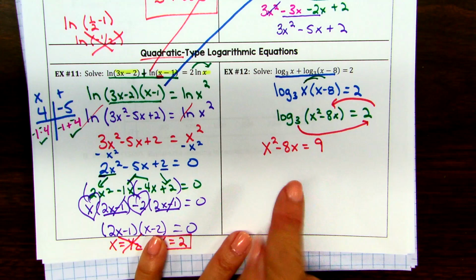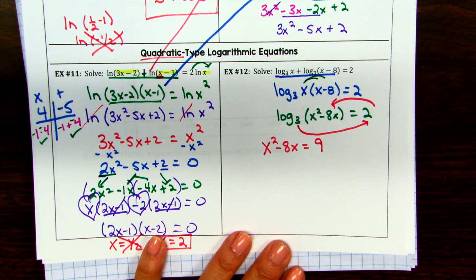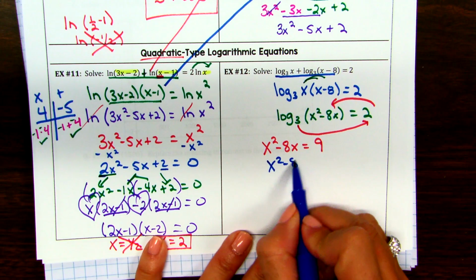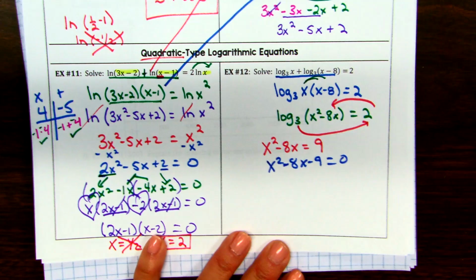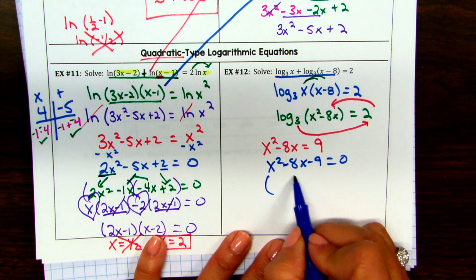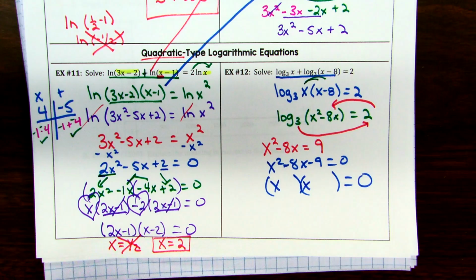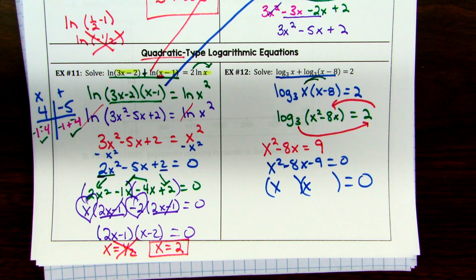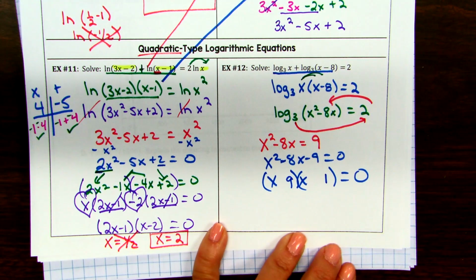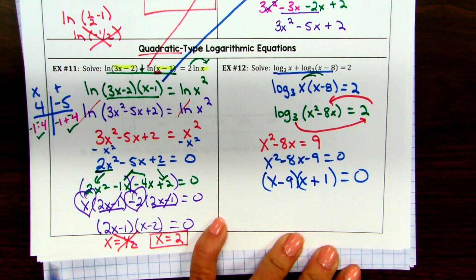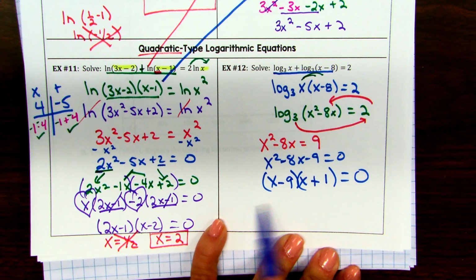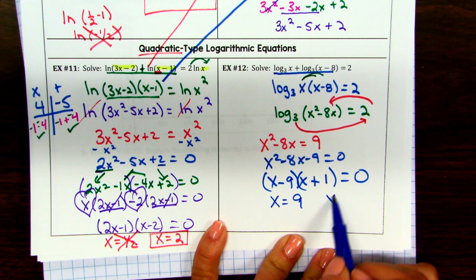Again, when I get to the step, I notice it's a quadratic. I've got to get everybody on one side together. So I'm going to subtract 9 from both sides and factor. This is the quick factoring. We should be getting better and better at factoring because it's been coming up a lot lately. And I promise you, if you're going to take math ever again in your life, you'll have to factor again. The 2 numbers that multiply to get negative 9, add to get negative 8 are going to be 9 and 1. Who's negative? 9, right? If you need the chart, do the chart, set them equal to 0 and solve, and we get these 2